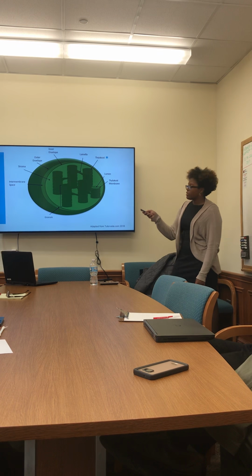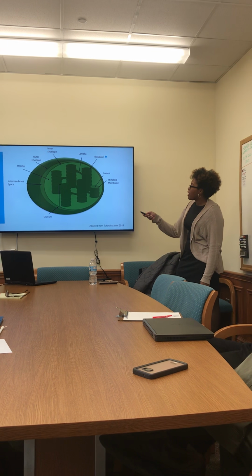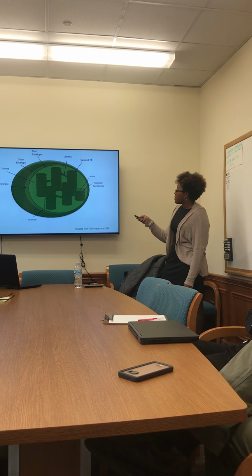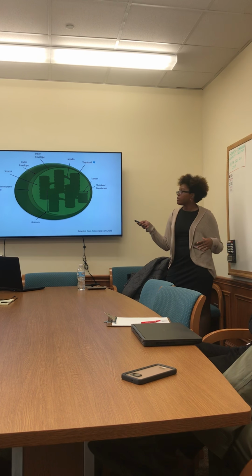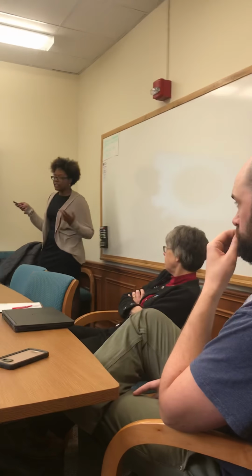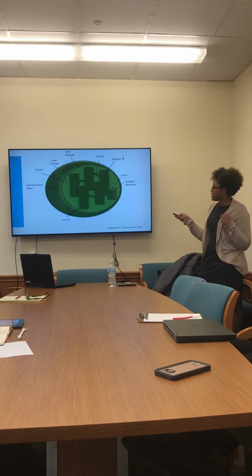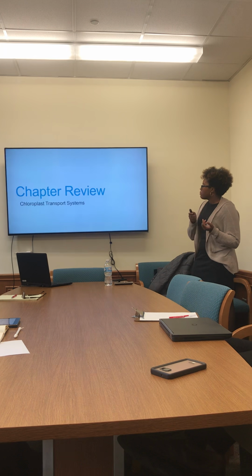I have this nice little cartoon of the chloroplast. There are many different transporters on the inner envelope, some on the thylakoid, but the CPTAT system is very unique. It transports fully folded proteins and uses the proton motive force, that electrochemical gradient across the thylakoid membrane used during photosynthesis. So I'm really going to be focusing on that, but before we get into that, we're going to